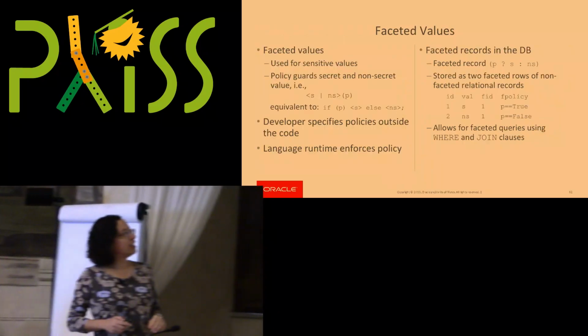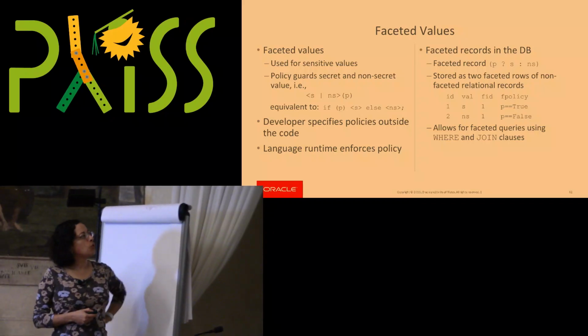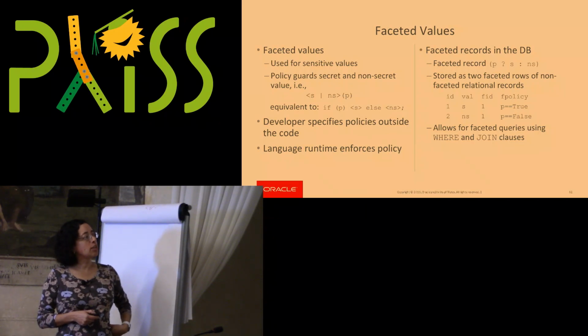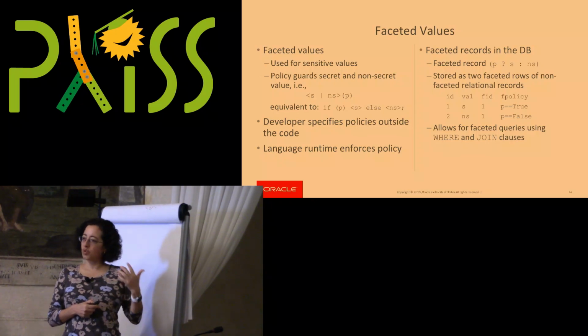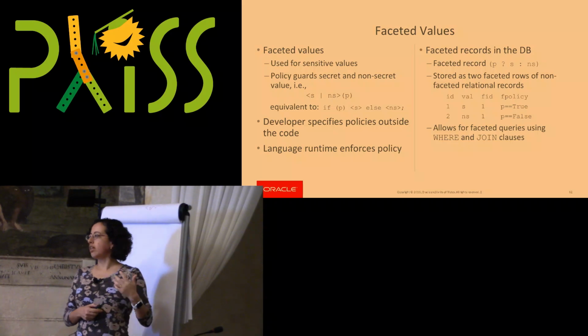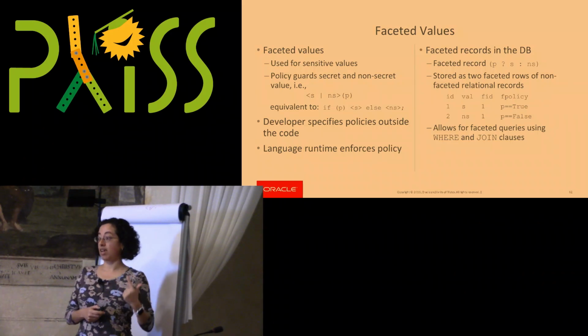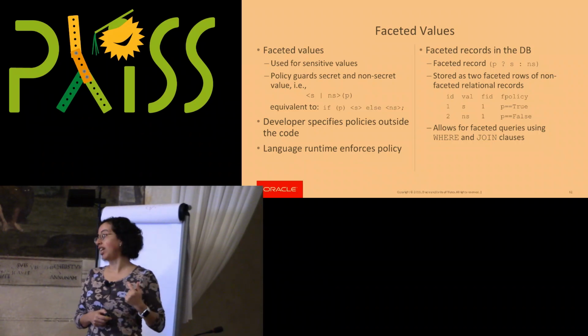And here, if we look at this example. Okay, so what you're doing with your faceted values is that imagine that you have a value, right? That value needs to be guarded by a policy, and you need to know what am I going to expose if this is sensitive. So if I'm a user that has access to sensitive data, I should be able to see the S value. But if I'm a user that doesn't have access to that sensitive data, I should be seeing the NS value, all right?